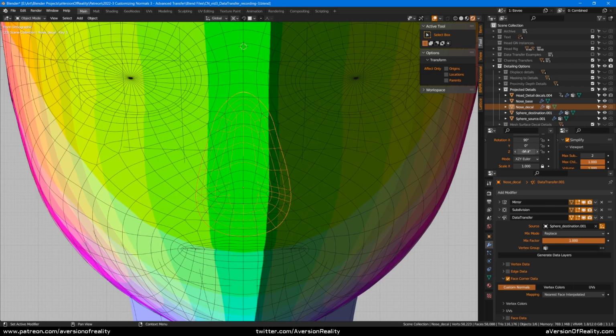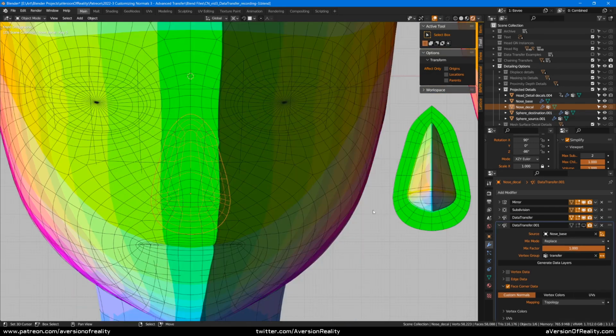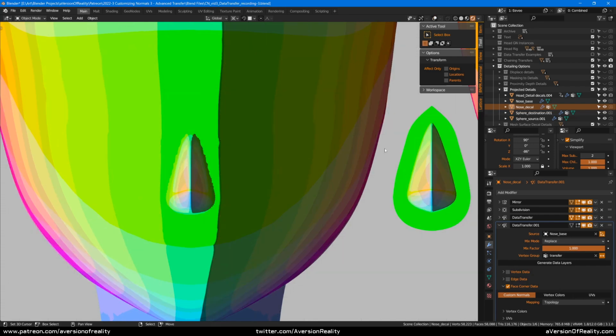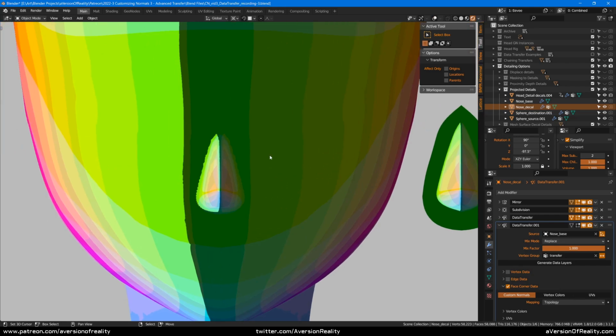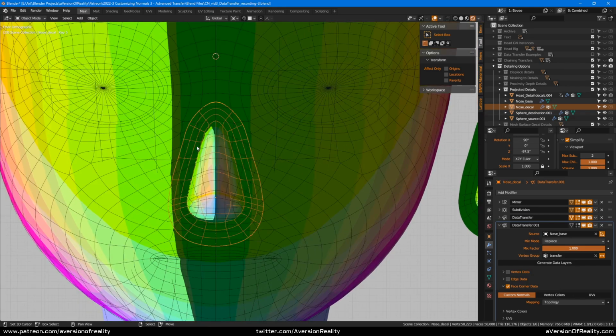So even though the nose is projecting to some of these faces, it's projecting the same thing. The second data transfer modifier that is transferring the original nose normals with topology is masked with that vertex group. So when we turn it back on, it's only affecting the interior of the nose. So this has solved our margin shelf problem again by just giving it the same normals.